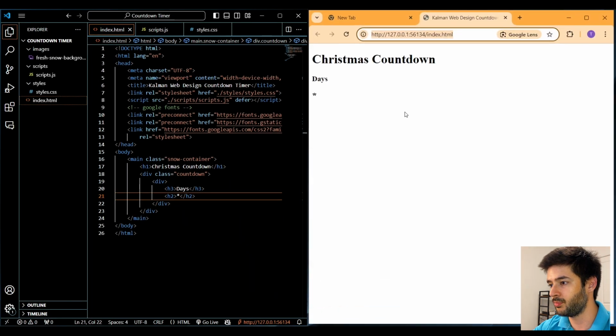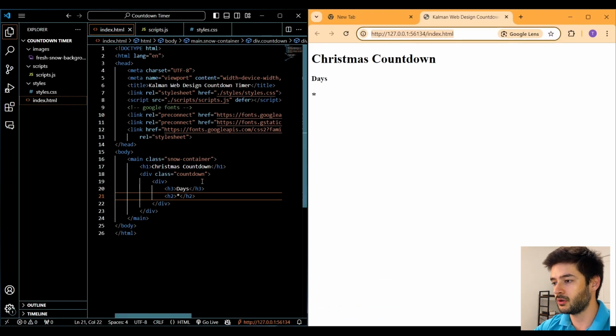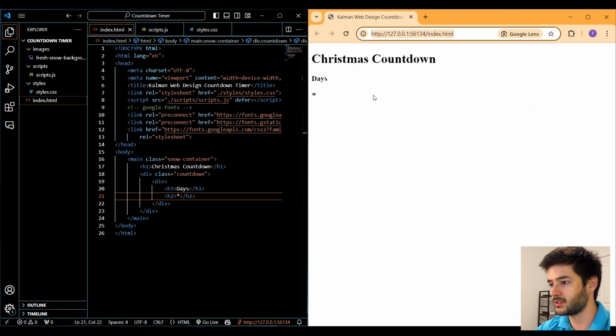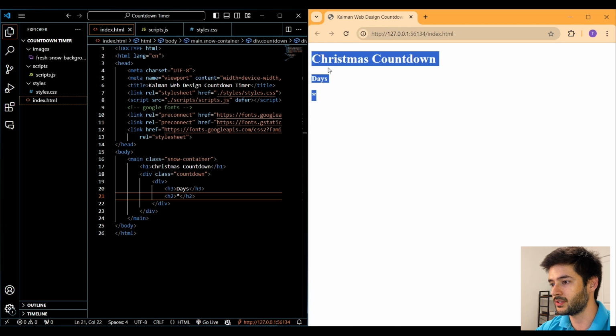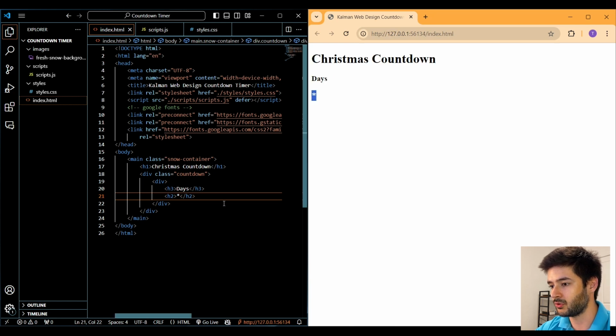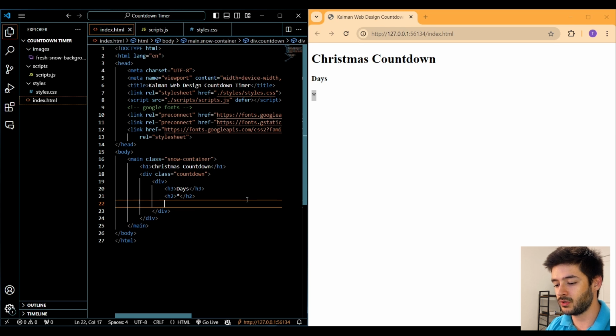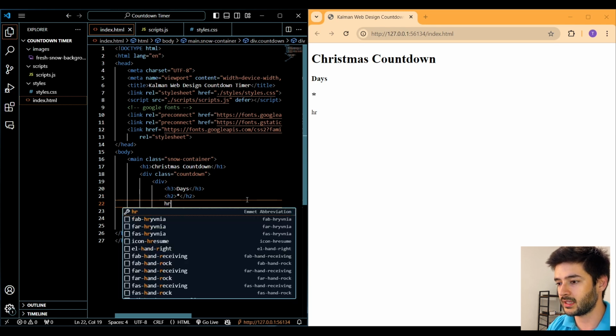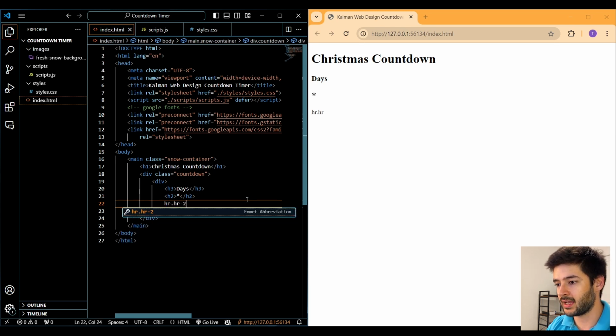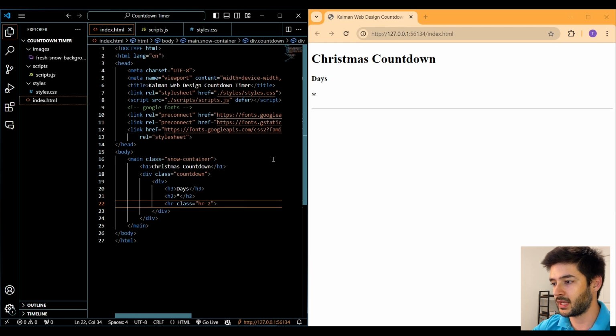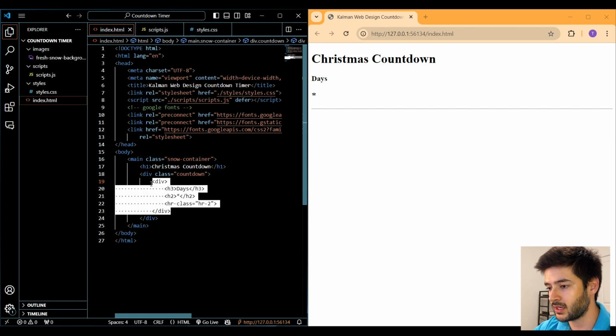I'll go ahead and open up my Visual Studio Code on the left and my live server on the right. And you guys can see our basic structure is already set up with our h1, h3, and h2 element right here. And underneath our h2, I'm going to create an hr element with a class equal to hr-2, just like so. And this is just going to add some space down below for us, and we will style this in a moment. And for now, what we can do is go ahead and copy this and paste it 3 more